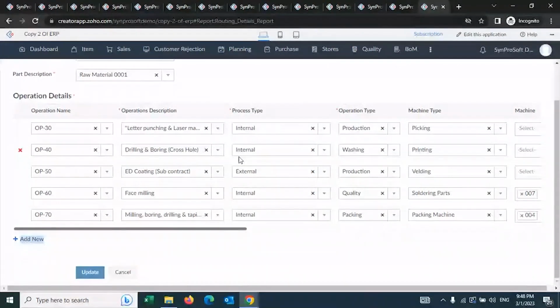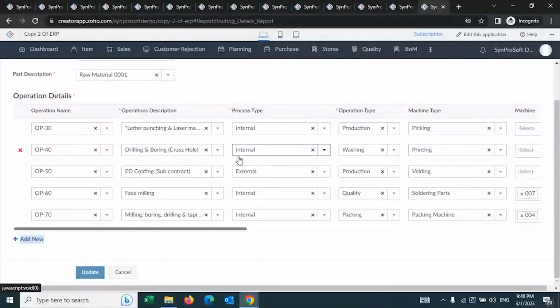And sometimes, or not several times, why sometimes? A lot of times, the processes will change. Your efficiency will change, increase. So you may even replace two processes into one process by combining that into one machine. At that time, you can even recreate the routing. Whatever you have created today may not be forever. You will be able to copy this, create a new routing, and deactivate this.